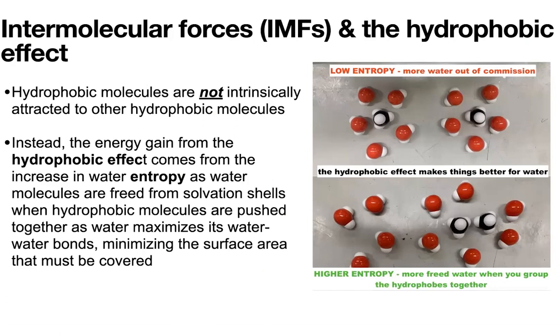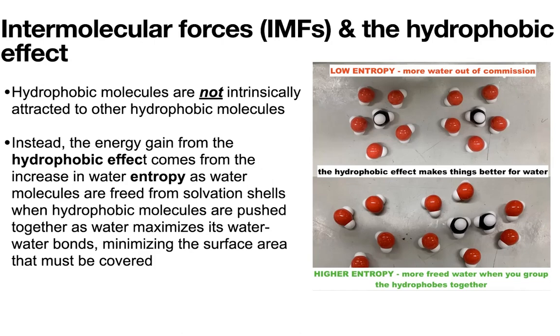If you can squish that valine together with something else hydrophobic, then instead of having to cover both, you're taking up less of the water, you're freeing more water, and you're getting that release of entropy. Hence the hydrophobic effect, leading to this favorable binding of nonpolar things to one another,